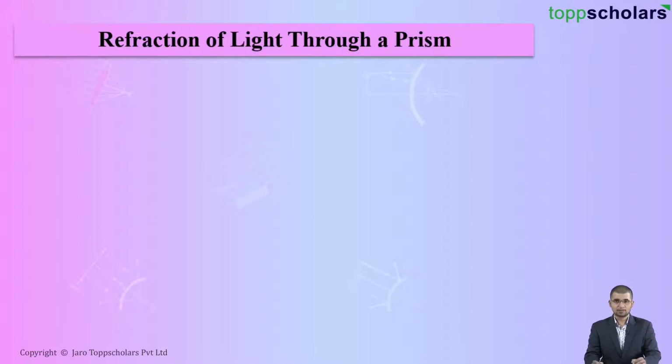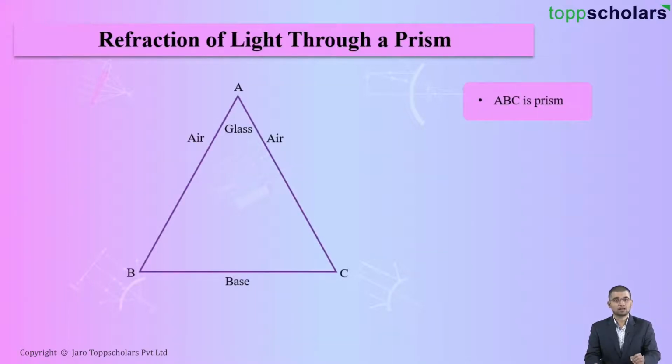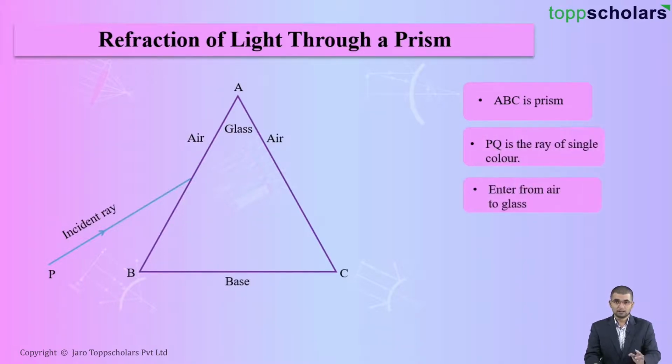Let's consider prism ABC made up of glass which is placed in air. Now consider a light ray of single color, say PQ, incident on the surface AB. Students, always remember, whenever a light ray is incident on the surface, the first thing that you have to draw